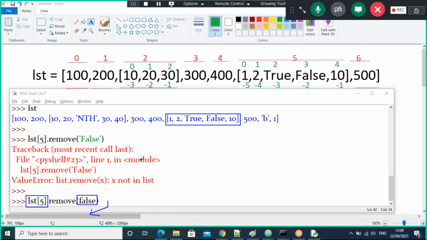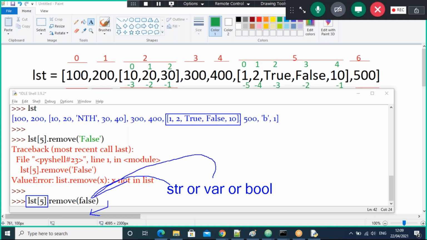In this case, is that false a string, a variable, or a bool value, guys? Which one is correct here?